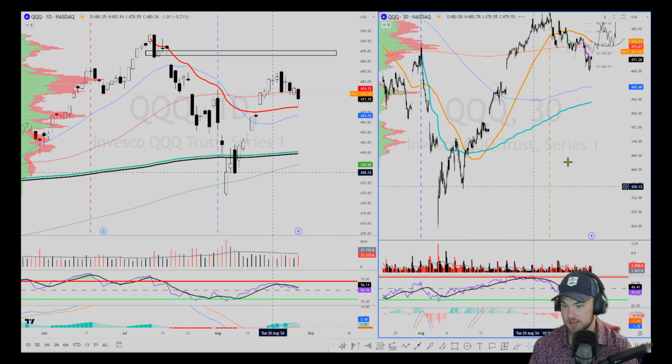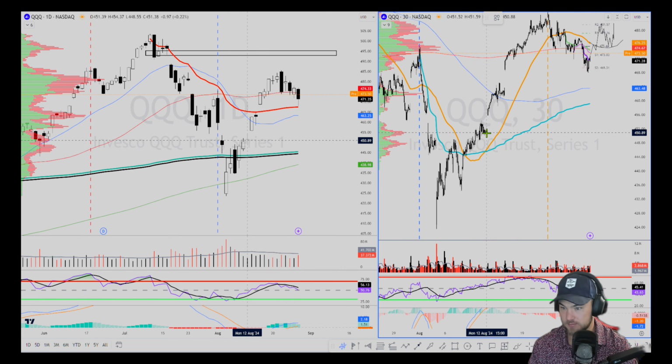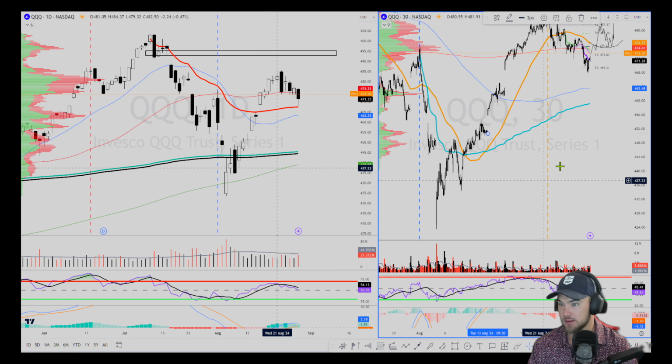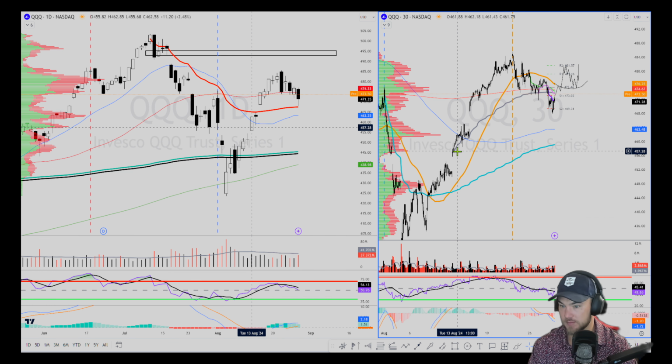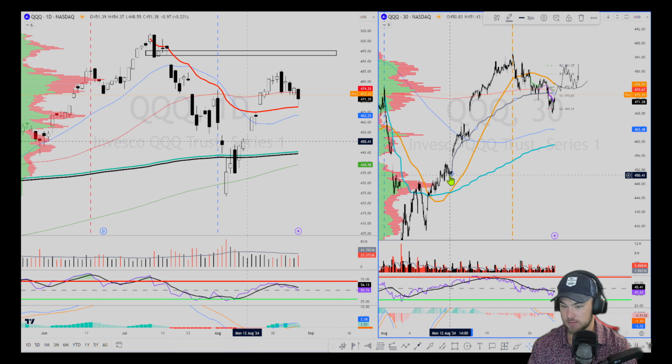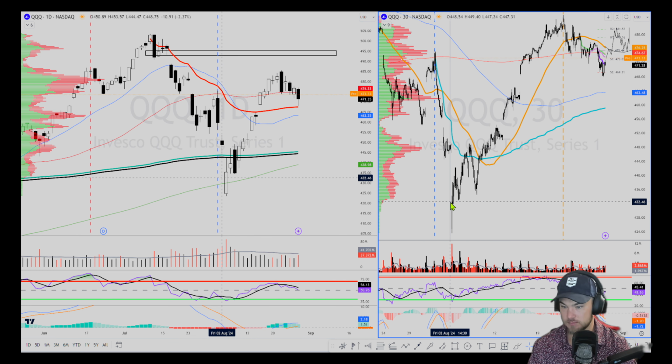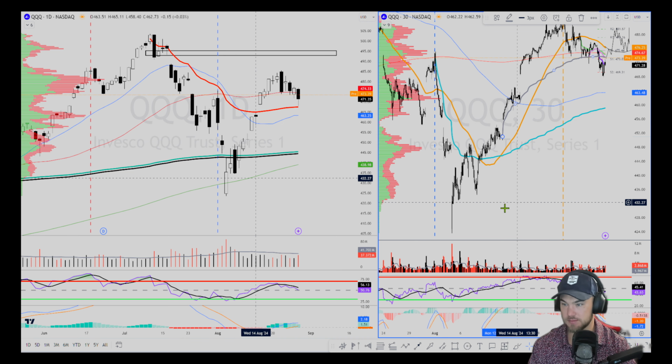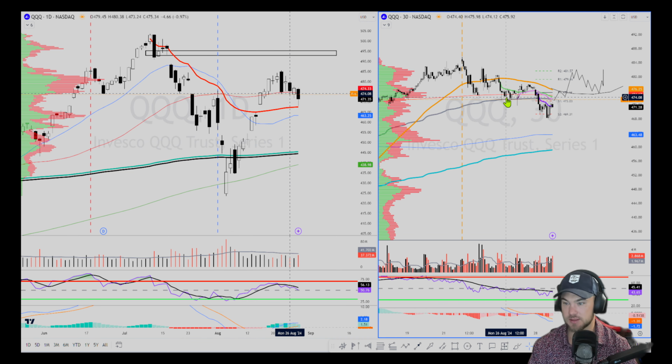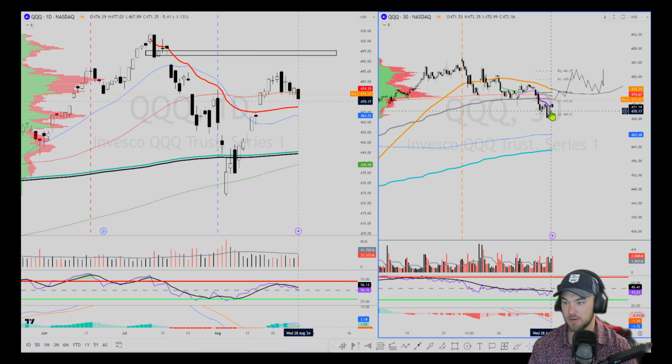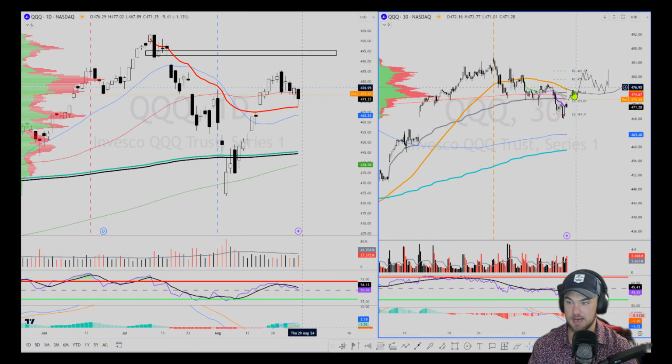So if we don't hold and say we get some continued downside, put an anchor VWAP there. Right here. Put this one at our low. Because it's basically the same message. So we tried to hold this VWAP. We broke through it. So if we can't get above and this can't act as support, this Gap VWAP, then